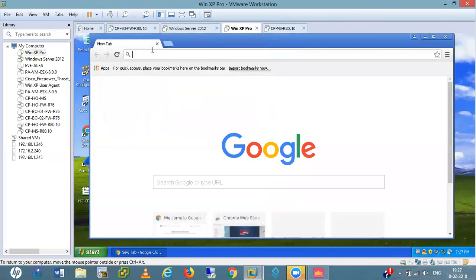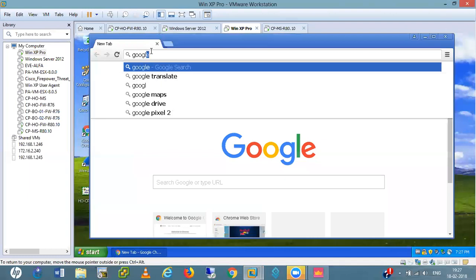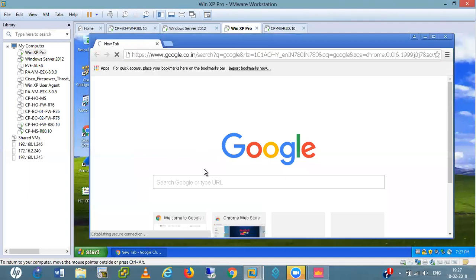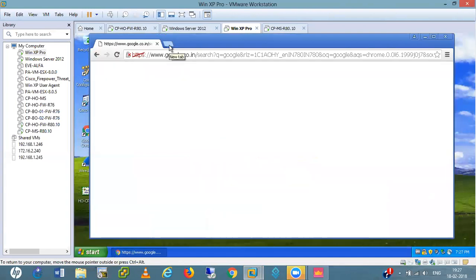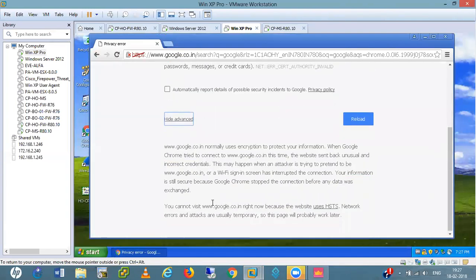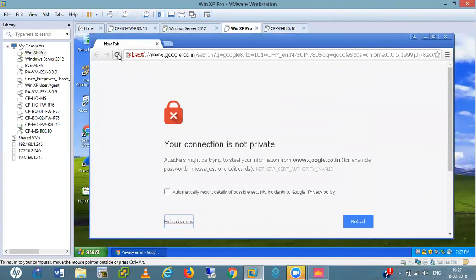Now if I open Google, I'm getting this warning again, but I installed that.